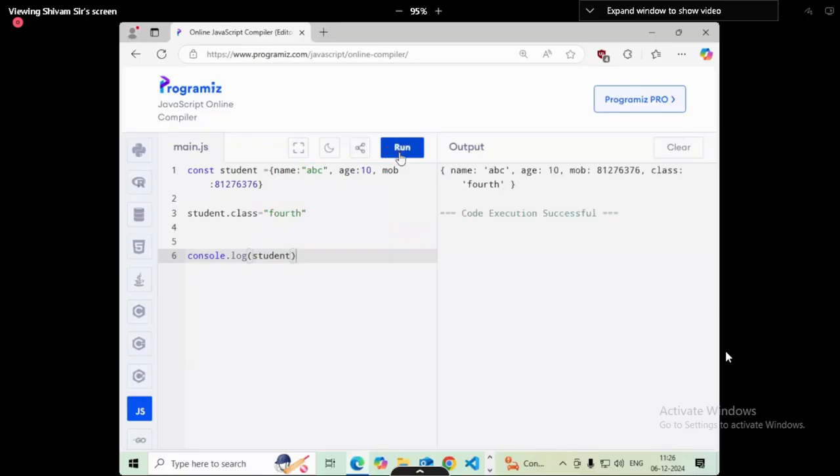And now you can check that we change the value of const. Yes, we change the value of const, but const means we cannot change its value, right? It is constant, but how are we able to add something to it? Or let's add the student's surname also. So I will write student dot surname equals to, let's say, Kumar,